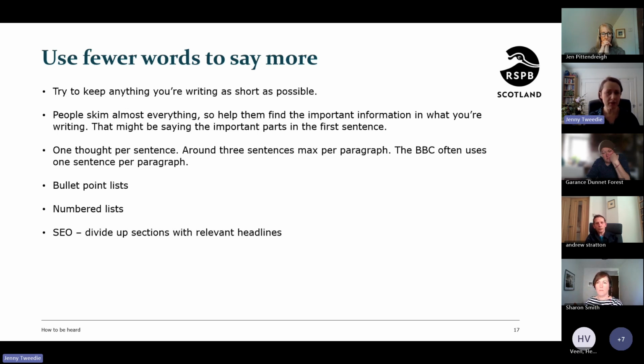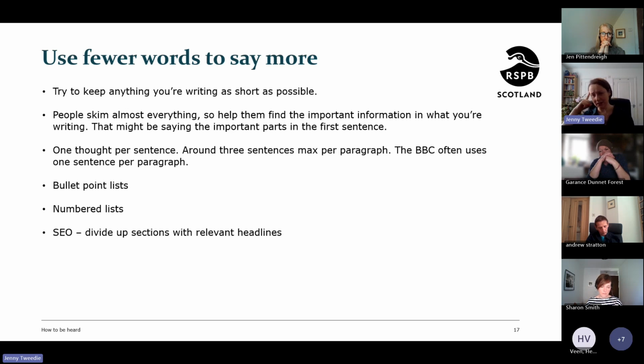So people skim things, and even if they're actually reading a blog, they'll probably still skim it to a certain degree. And they've actually done experiments where they can track people's eye movements on things, so they know exactly where people go when they're reading. And the first sentence is always the most important. In a press release, for example, everything that I want to say pretty much has to go into that first sentence, which sounds crazy. And it can take me ages to actually identify what I'm going to put in the first sentence.